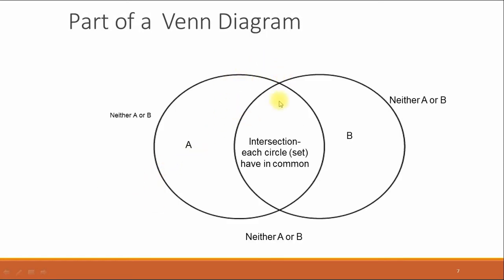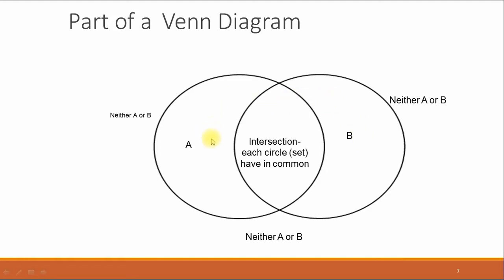These are the parts of a Venn diagram. For example, we have two sets, A and B. We represent set A by a circle and set B also by a circle. If A intersection B has some common elements, then this area represents the common elements, and this area represents the elements of A which are not common with B, and this area represents the elements of B which are not